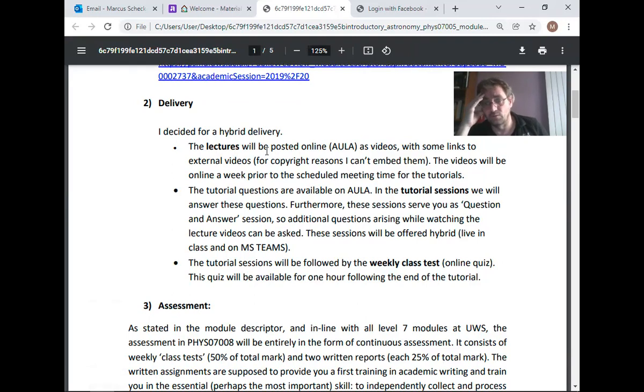So what I will do is post the lectures in Aula in these material sections. In each week, you find one bullet point with lecture videos. There you find them, and above you find the PowerPoint slides, which also act a bit as lecture notes. About literature, I will talk to you in the first lecture, if you want to buy something. I have also given some open online resources.